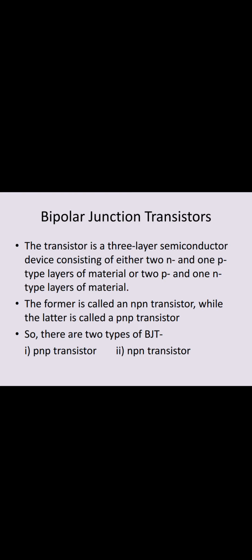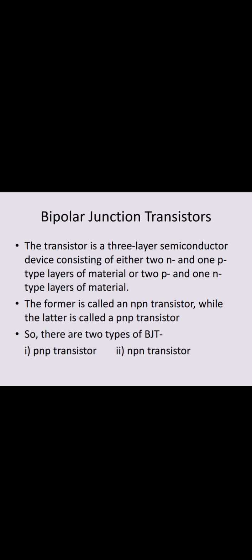The word transistor is derived from the words transfer and resistance. It describes the operation of the BJT, that means the transfer of an input signal from a low resistance circuit to a high resistance circuit. This type of transistor is made up from semiconductors, while the transistors are used to construct the integrated circuits.